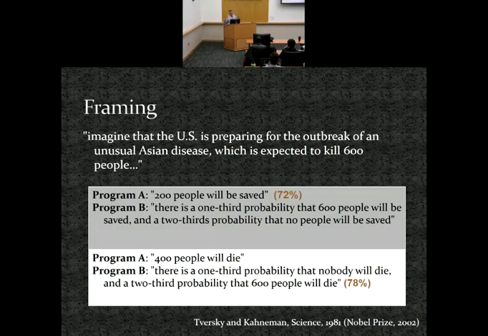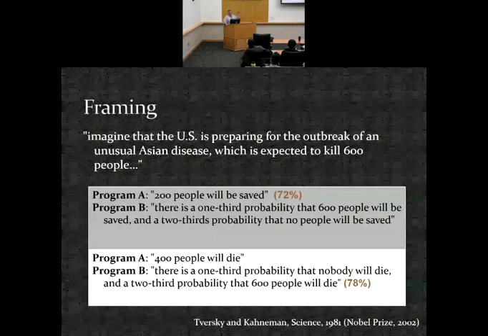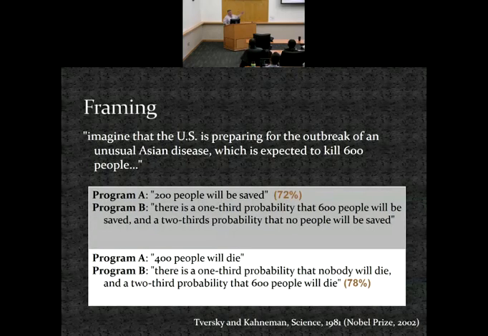When faced with gains, when you're saving people, we tend to be conservative. This is why we buy insurance. This is why the highest profit margin at Best Buy is that stupid little $15 insurance you can buy. You go buy a $100 Blu-ray player, and they're like, would you like to buy insurance for $15? You're basically saying you think that thing has a 15% chance of breaking in the next year. If you think that, then you probably should buy a different Blu-ray player. Or you should just insure it yourself.